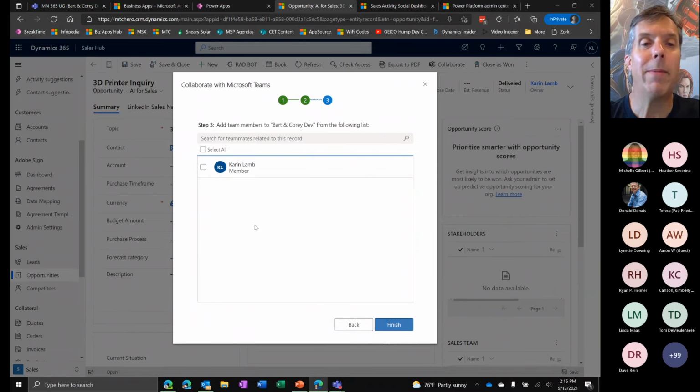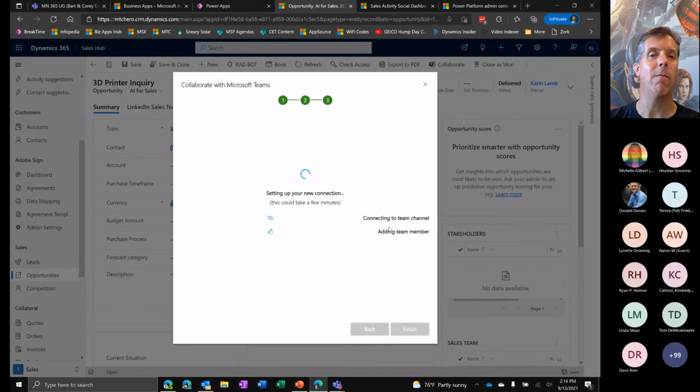And then it's going to allow me to say, do I have any other teammates that have access to this record in Dynamics that I want to make sure have access in the Barton Corey dev environment also? In this case, I don't, because I didn't set it up with a bunch of folks, but I could make sure that I had appropriate collaboration people attending also.